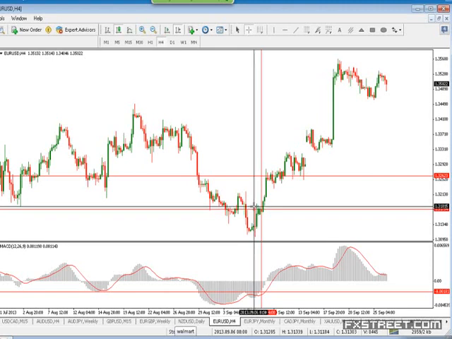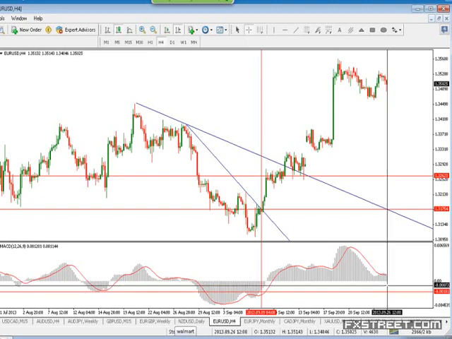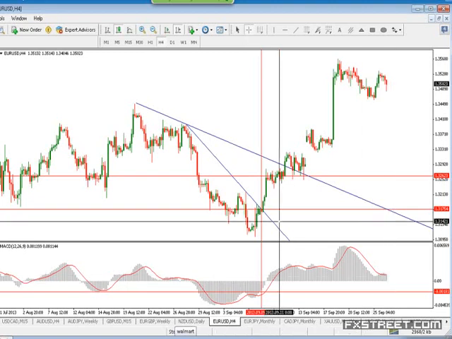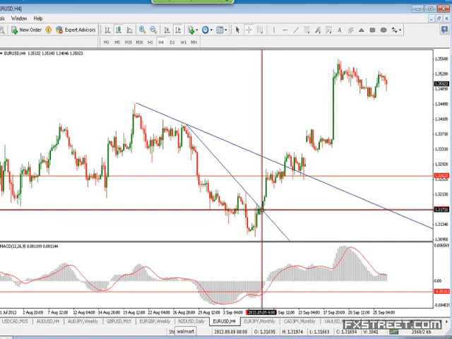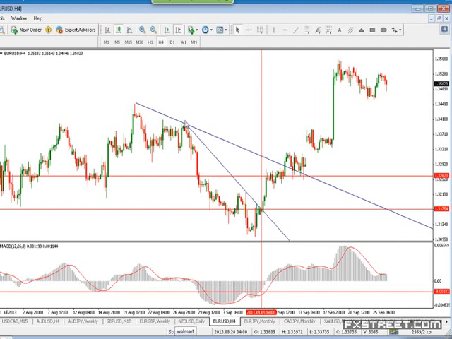I would always confirm the entry with a break of a support resistance, maybe a break of trend line. Let's say I would plot my trend lines from here, starting from the highs. This is also one topic that we had covered earlier, how to plot trend lines correctly. This would be the most valid trend lines. Once again, if you're not familiar with it, you can go over the previous sessions. So break of trend line confluences pretty much with the histogram bar entry that we are looking at, and it gives me a strong confirmation.